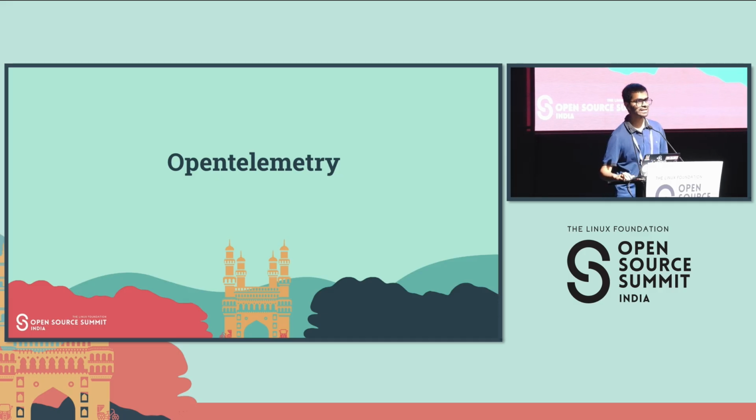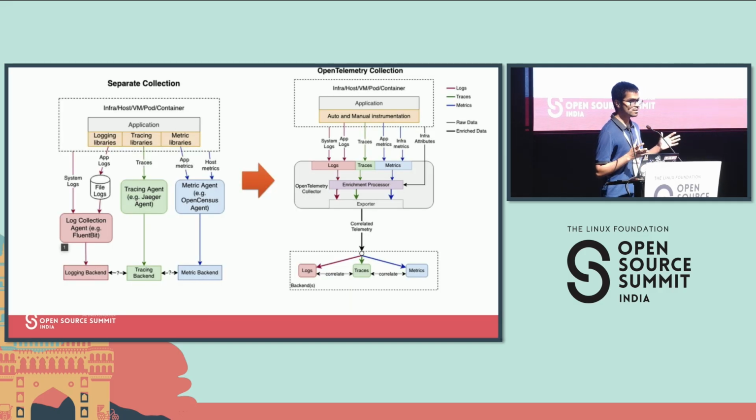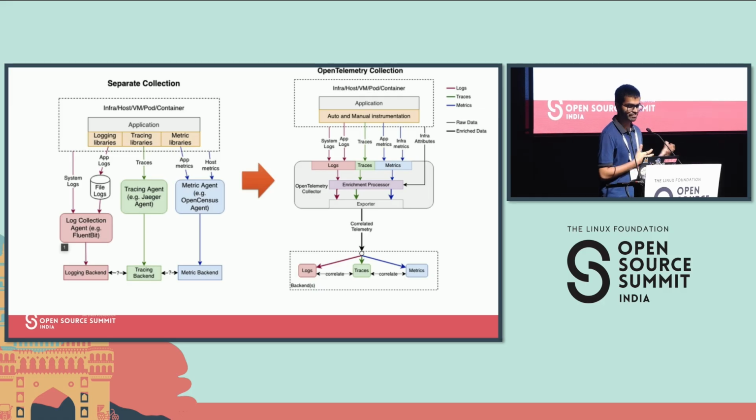So let's first talk about OpenTelemetry. If you look at a typical architecture, we have different agents or tooling that collect different parts of your metrics. If you talk about logs, tracing, or metrics, you have different tooling that you're using. And we saw that there's so much complexity in managing all of these different tools. So this led us to use OpenTelemetry. OpenTelemetry, if you're not already aware, is one of the fastest growing open source projects within the Cloud Native Computing Foundation. The entire idea is to unify the different types of collection, whether it's logs or metrics, into one single platform.